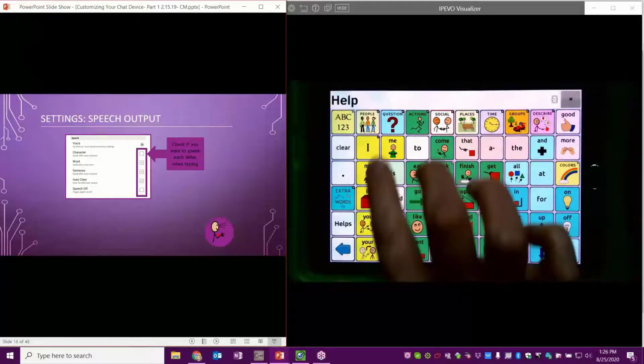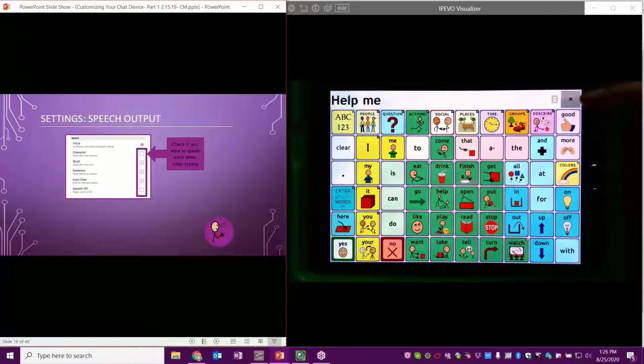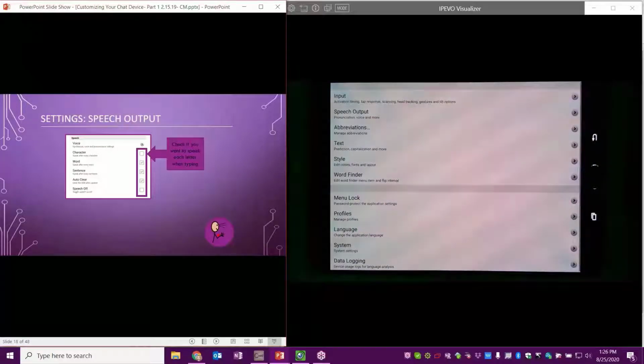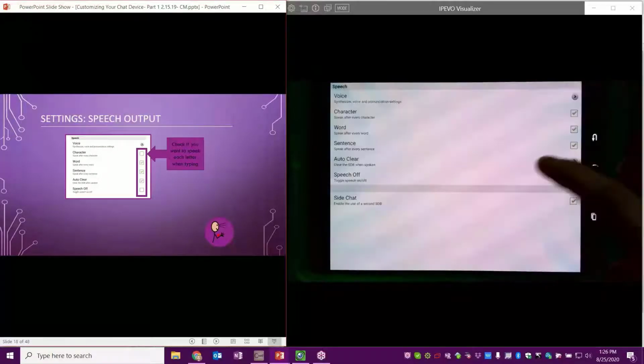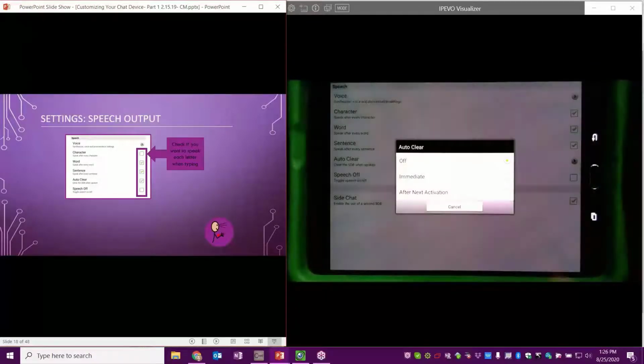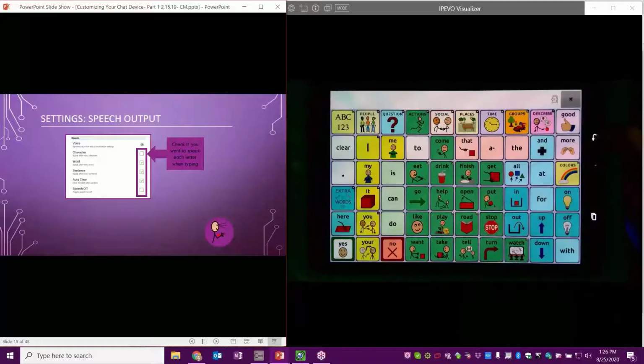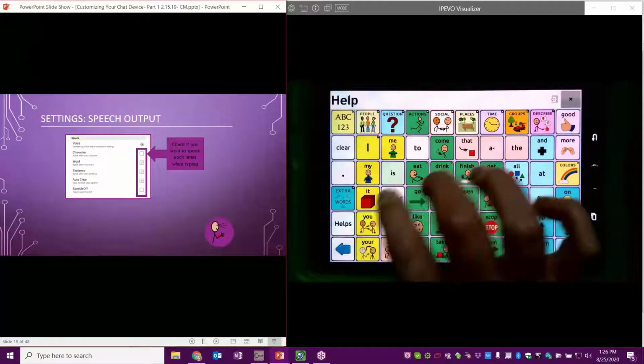This X button. So you saw me earlier touch the X to make the device stop talking when I had a lot of words on there, but also if I push and hold, that will clear my screen for me. So if I have my auto clear set to off, I physically have to go in and clear that message somehow. If I set it to immediate, what will happen is if I type in a sentence,